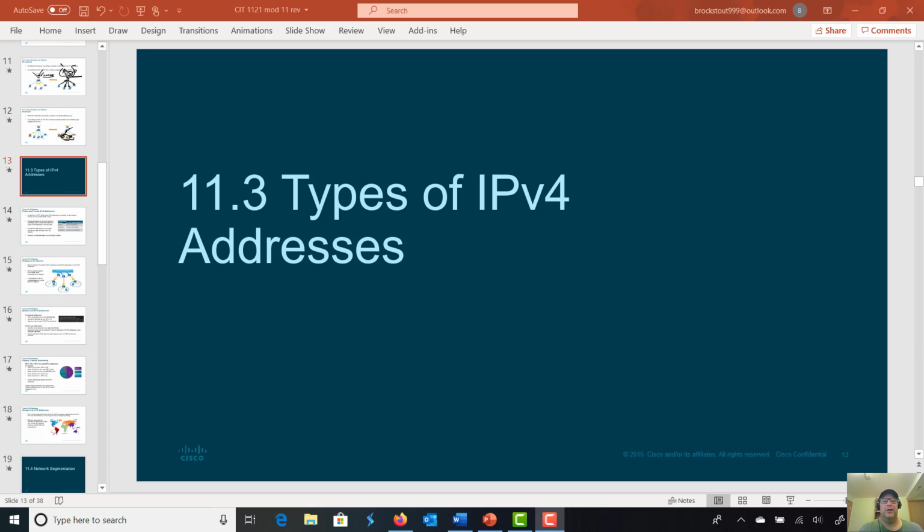CIT 1121, Module 11, Submodule 3, Types of IPv4 Addresses. We're going to talk about public addresses, private addresses, network address translation, and why we need network address translation with